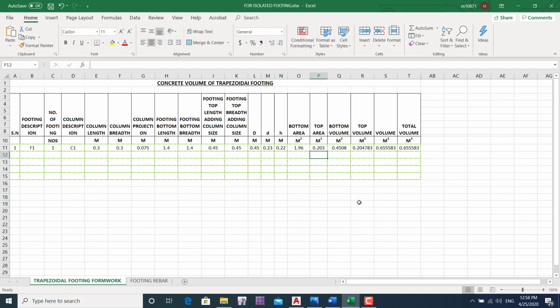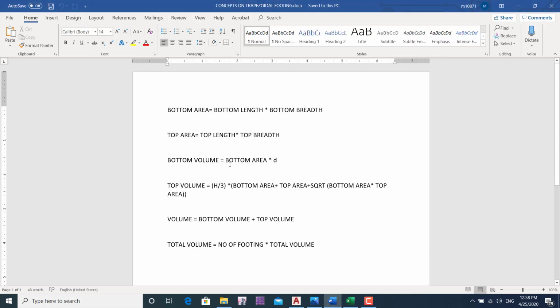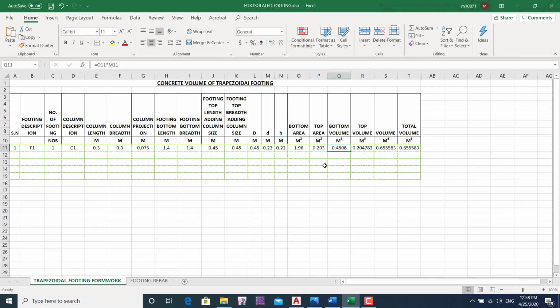Now we will calculate bottom volume and top volume. What is bottom volume? Bottom volume is equal to bottom area multiplied by small d. Now we will calculate the top volume.